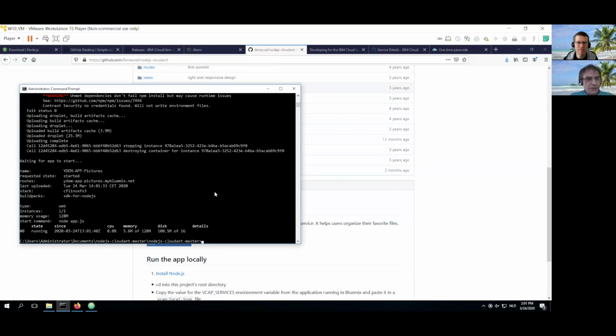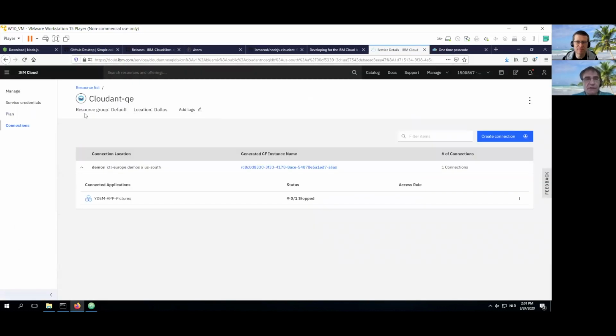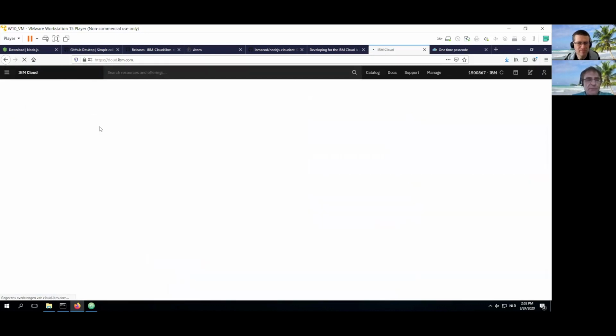Indeed, and you see the routes. Yves copy-pasted this route in the previous demo to his browser. This is a possibility, but there is also another easy possibility, of course, that is going to our dashboard again,